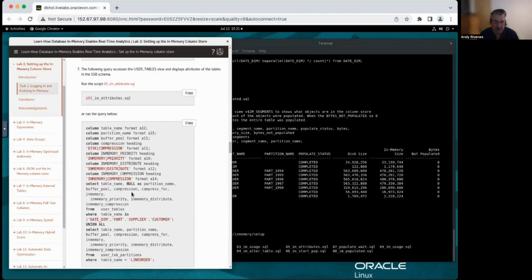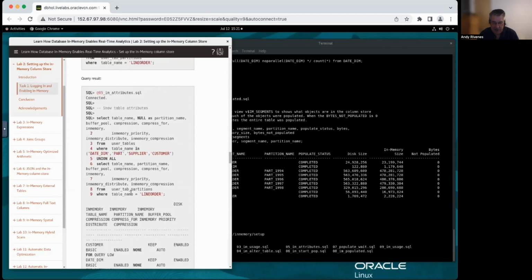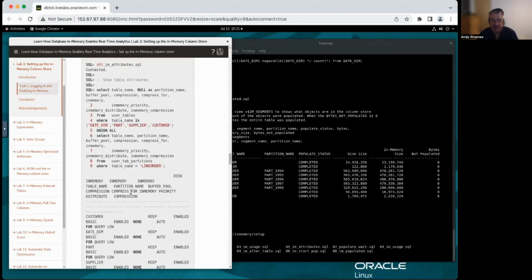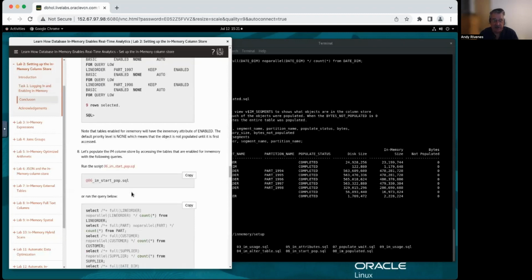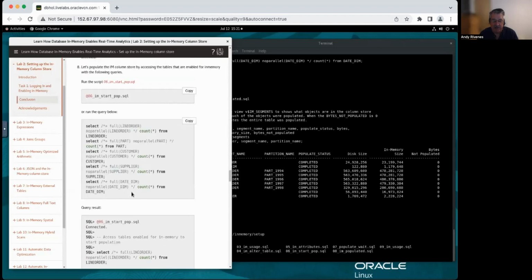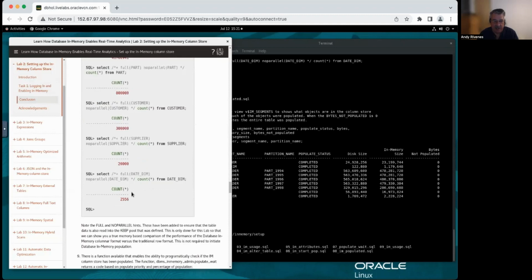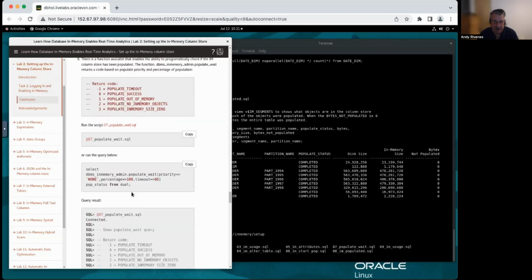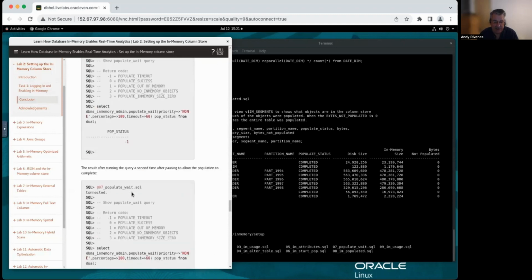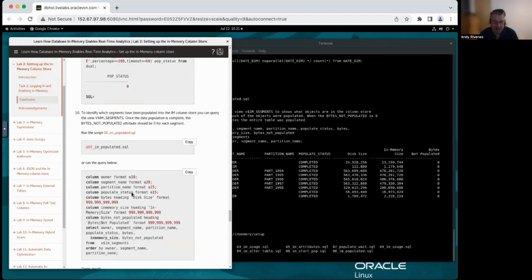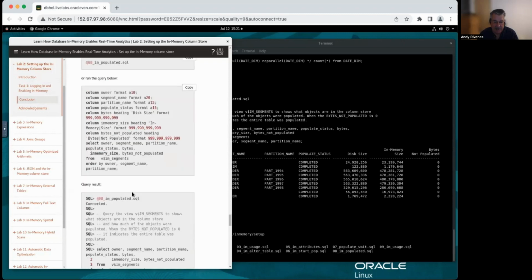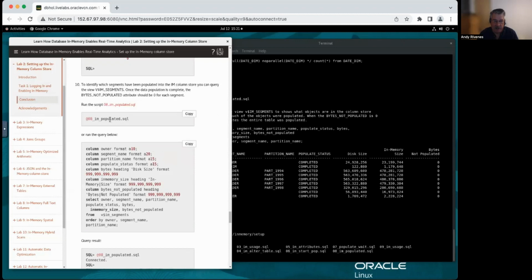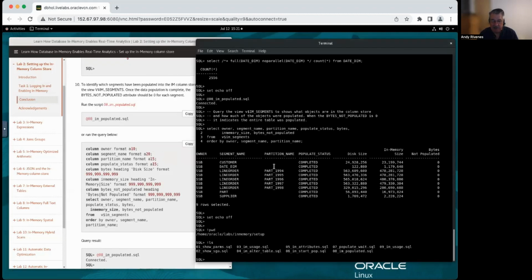You can go through, and I encourage you to do all these, take a look at the attributes. Again, this is the same basics of starting up that we did with the Boost Analytics, but I stopped right here. So we're right at this point in lab 2 with IM populated, and I'm going to flip over the